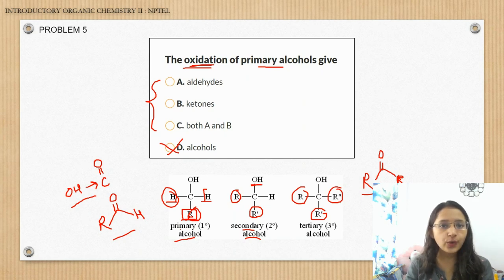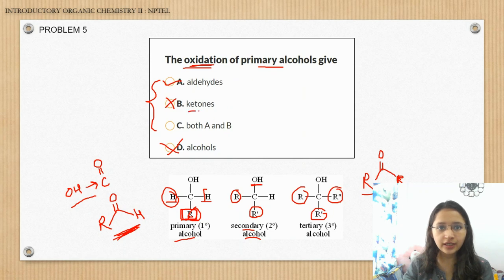So after oxidation, we have discussed here that these species are giving an aldehyde only. They are not going to give you a ketone because they do not have another alkyl group, right? They have only one single alkyl group and both of the other substituents are hydrogens. So you end up with an aldehyde only, right? Got it or not? Yes, ma'am. So the answer will be A, not B, because on the oxidation of secondary alcohol you are going